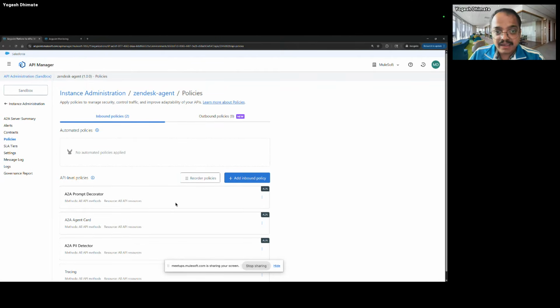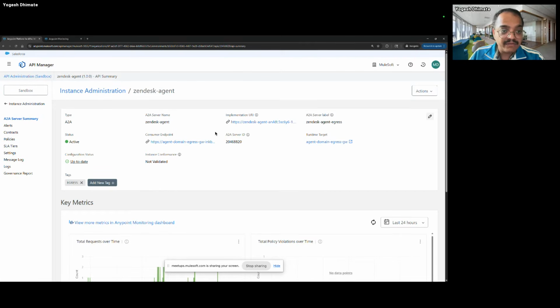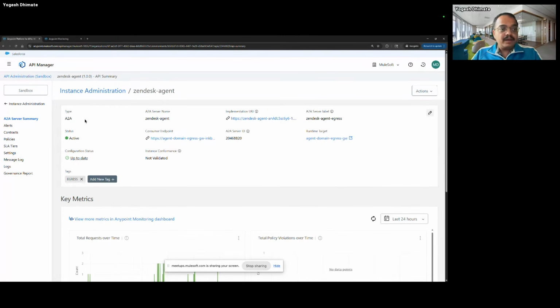So applying policy to an agent is exactly similar to applying policy to any other integration asset or API. So you go to add inbound policy and configure it. Now, the